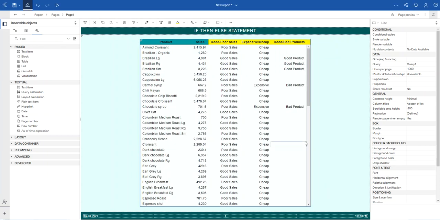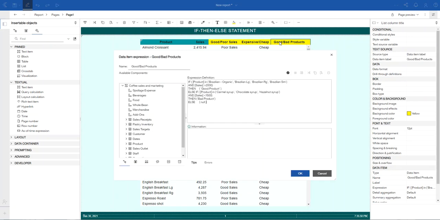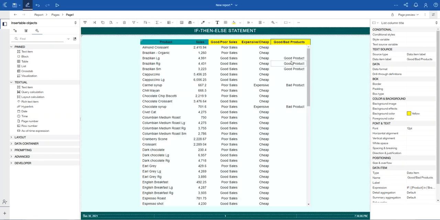So here we said if the product is Brazilian this, and the sales is more than 2000, that should be considered a good product. Here we have Brazilian, LG, RG, and SN, and the sales are actually more than 2000, as you can see.